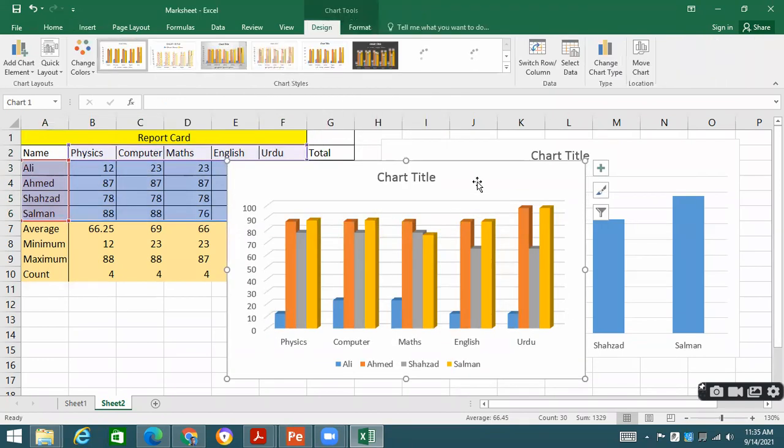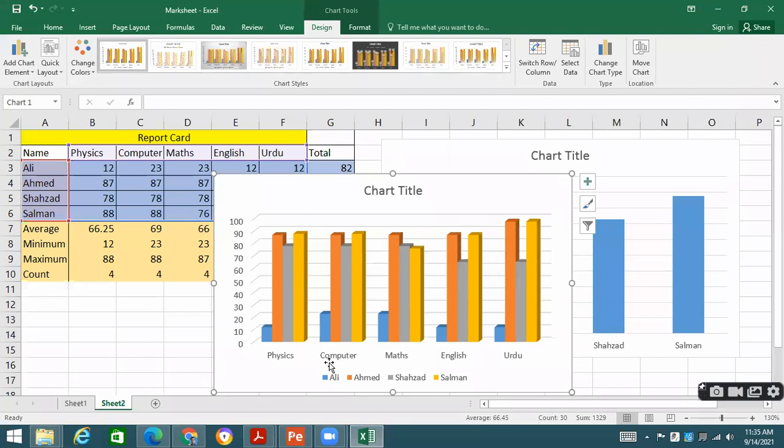Now see what happens. These are the marks for physics, computer, maths, English, and Urdu. Ali is mentioned over here in blue color, that this blue bar is for Ali. This for Ahmed, this for Shahzad, this for Salman.